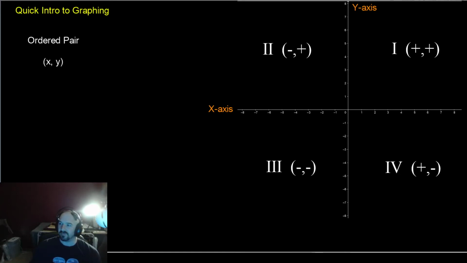So this is going to be a little video on graphing. Very introduction, so should be quick. This is called a Cartesian coordinate plane, after its inventor René Descartes, who was a French philosopher and mathematician back